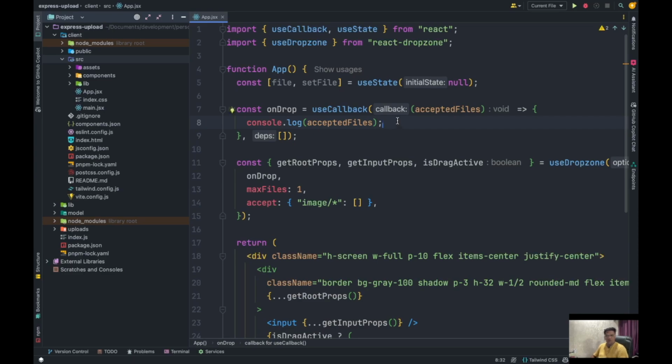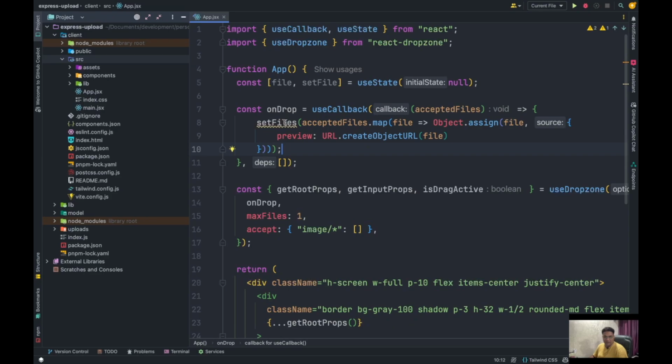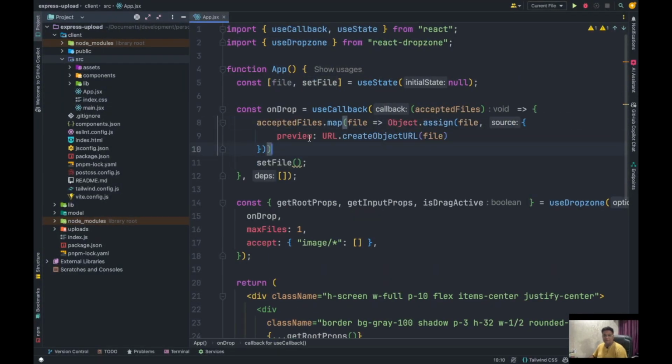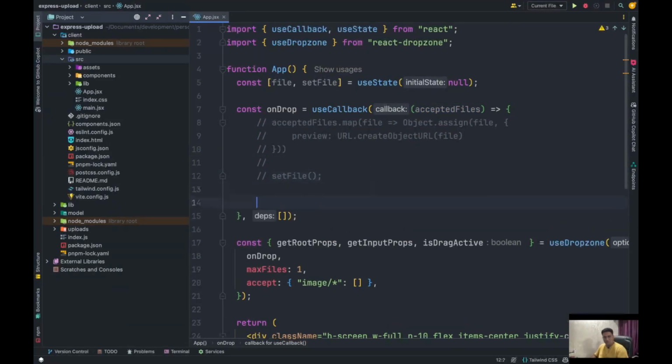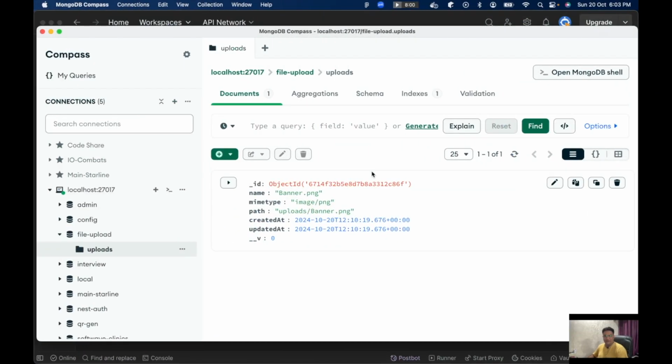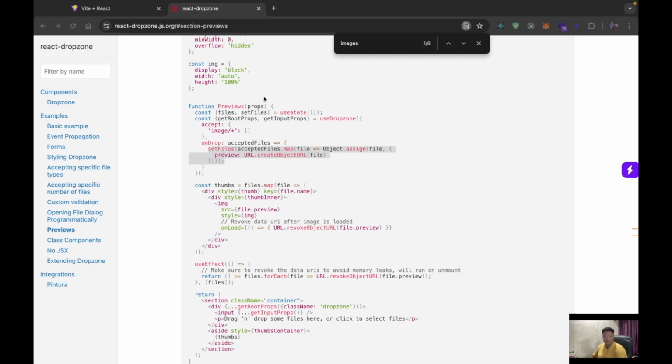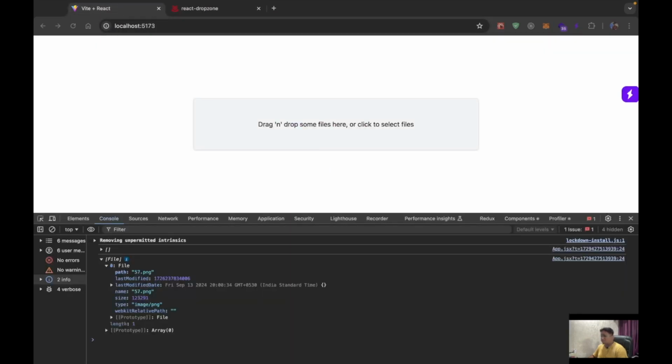So okay, but this accept files actually comes in an array. So I will take it like this. So this is set file, and I will actually not take it like this, because I'm not saving the array, right? I have to take one file at a time. And let's just add a console log, and I'll show it to you. We have added a limit of maximum one file at a time. So if I take two files,